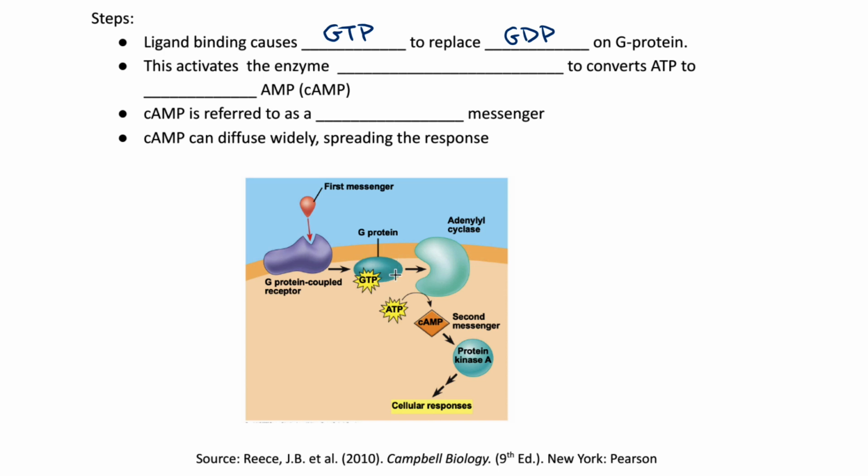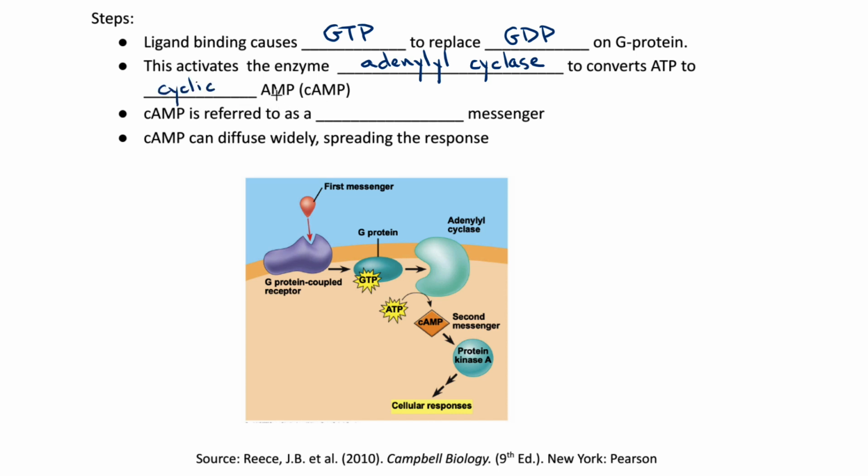So this G protein here of the G-protein coupled receptor acts as a kind of shuttle, and it can hold either GTP in its activated state or GDP in its inactivated state. So the binding of the ligand to the G-protein coupled receptor causes GTP to replace GDP here on this G-protein shuttle. That G-protein shuttle then activates an enzyme called adenylyl cyclase, and the enzyme adenylyl cyclase converts ATP, adenosine triphosphate, to cyclic